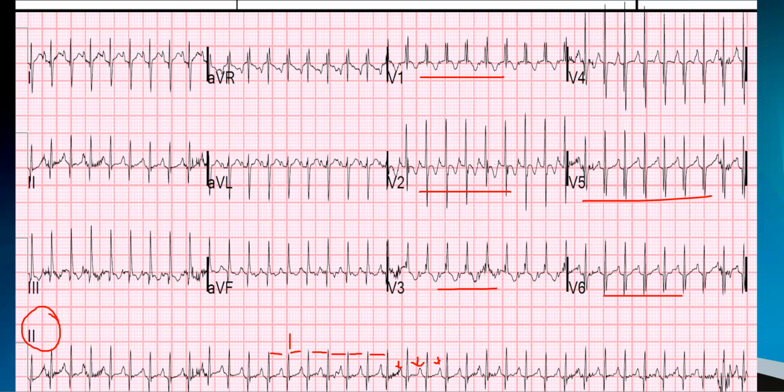In SVT, what you are looking for is the RR interval. You can see it's regular. When the RR becomes regular, it's obviously not atrial fibrillation or flutter. Now, one thing is left: it could be sinus tachycardia or it could be SVT. In sinus tachycardia, you should get a P wave. When you don't get a P wave, that becomes supraventricular tachycardia. And also you can see the narrow